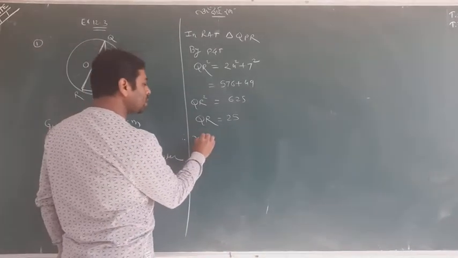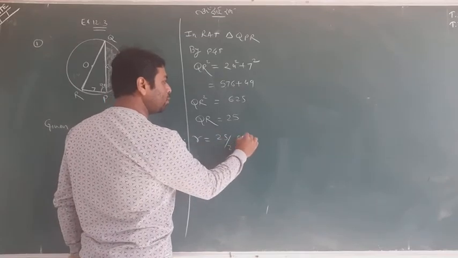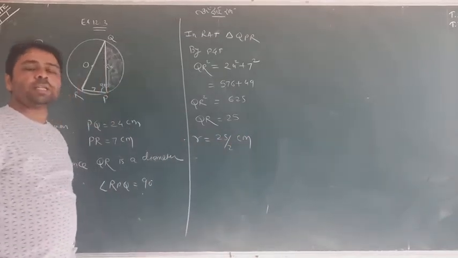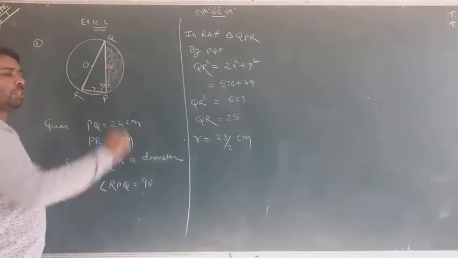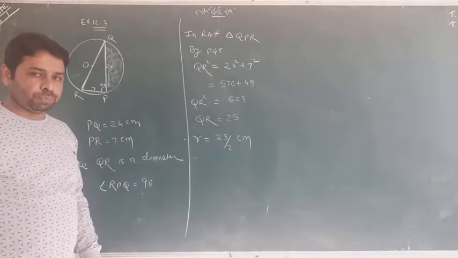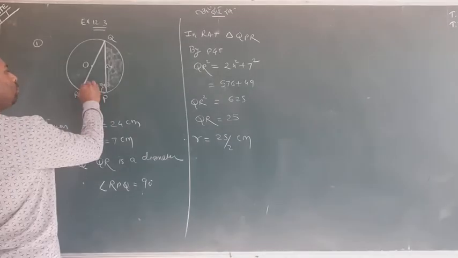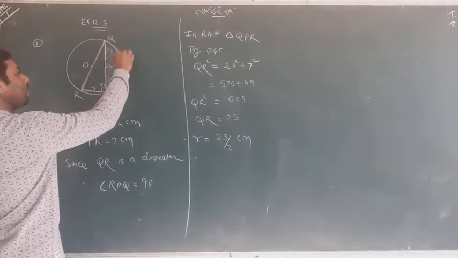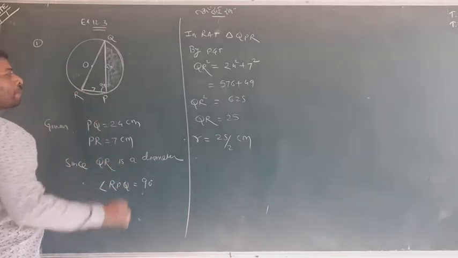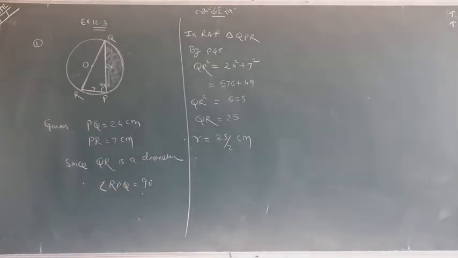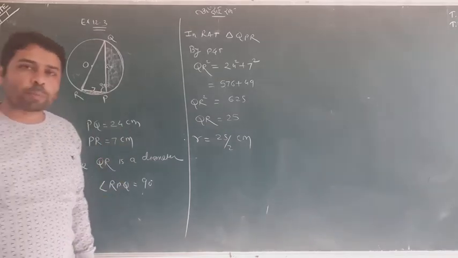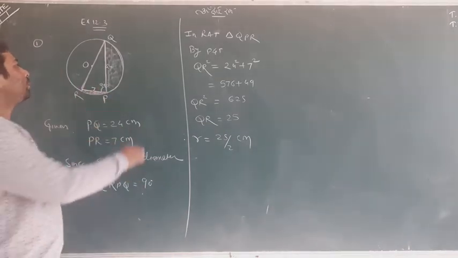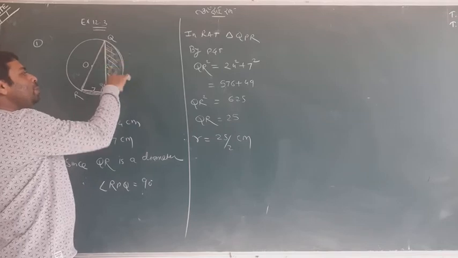Now one can understand that the radius will be 25 by 2 centimeter. So this is none else but the radius we have got. Now we want to find this shaded region. So what will we do? It looks easy. You first find the area of the semicircle, and this is also shaded, which has not appeared in the book properly. But these two are shaded.